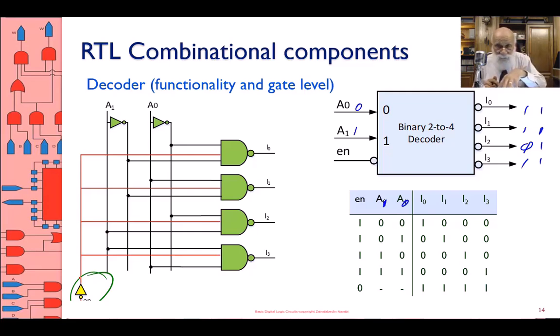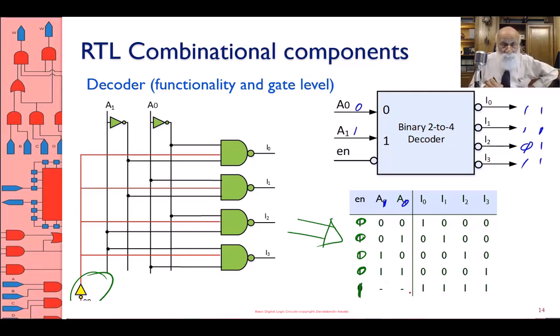Now let's look at the table of this green circuit on the left-hand side. This is the functionality of it, and the symbol I have up there is the notation for it, because people don't want to go into all these gates. All right, the circuit says this: if enable is 0, the circuit is working. If enable is 1,